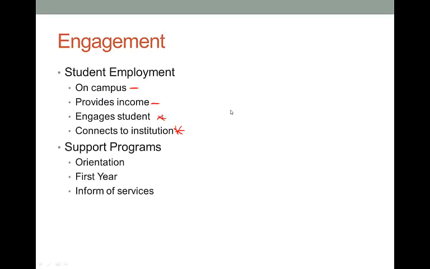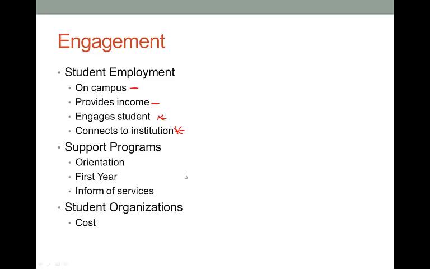Support programs can assist, particularly orientation during their first year. First generation low-income students are more likely to fail from their first to their second year and leave an institution for various reasons. So if we can provide them extra support during their first year, whether it's student employment, academic support, academic preparation, faculty connectedness, whatever it is, then we can get them to that next year. A lot of that can just be informing them of services, because they may not know about academic advising. They don't know that they need to speak to an advisor. They don't know that there's a first year experience program on campus. And just informing them of services can be a big difference.